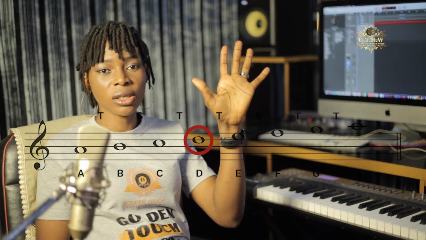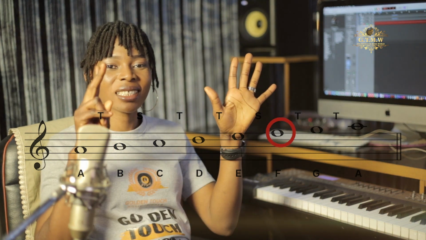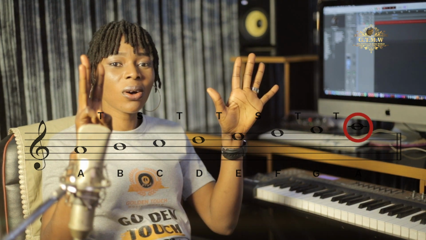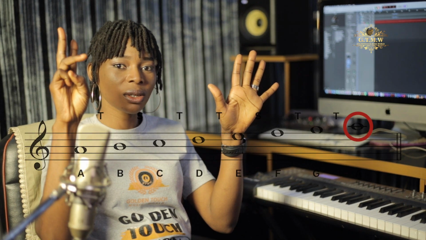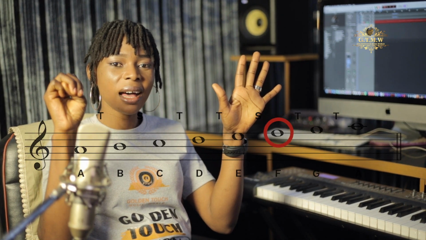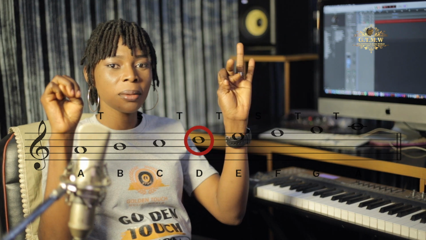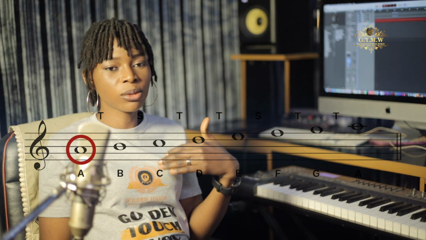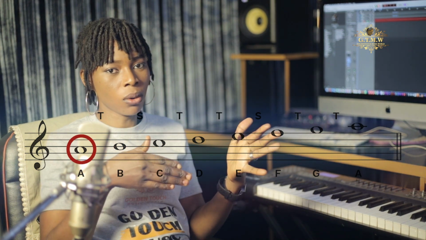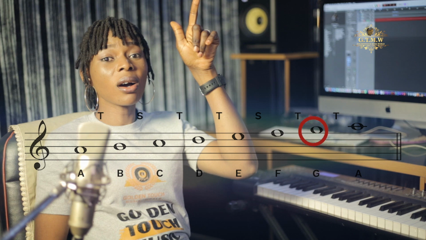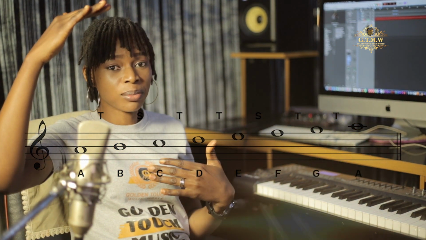Do, re, mi, fa, sol, la, ti, do. The 8th note. Do, ti, la, sol, fa, mi, re, do. Now observe the root note, do, and then the 8th one, do. You're still saying the same thing, just that it's on a higher pitch. So it's an octave. Do, do.